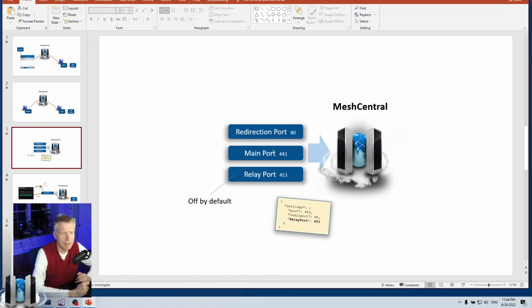Otherwise, the relay port will be configured about the same way as the main port. It will use the same TLS certificate. It will use the same DNS name. And if you use Nginx, basically a reverse proxy in front of Mesh Central, then you'll have to configure the relay port exactly the same way that you would the main port. So as far as the infrastructure in front of Mesh Central, the main port and the relay port are kind of identical. So if you do TLS offload and you don't do TLS on these ports because Nginx does it, then both the main port and the relay port will not have TLS, and you'll have to have Nginx do it. Okay, so you open up this new port.